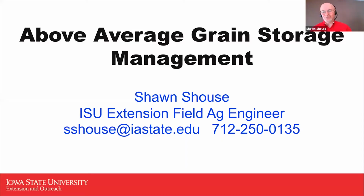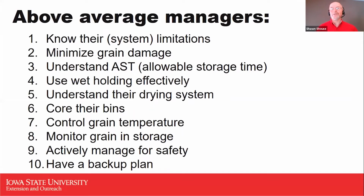Here we go. So what we'd like to run through today is what I would call my top 10 points that I think above average grain storage managers take care of. These are things I think everyone should try to do if they're managing grain. The top 10 that I chose: know their system limitations, minimize grain damage in multiple locations through that chain of custody, understand allowable storage time and what that means and how that limits the options for storage, use wet holding effectively if they're drying grain, understand their drying system and how it operates and how they can best manage it,